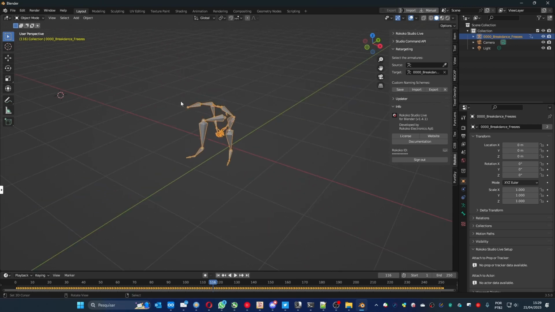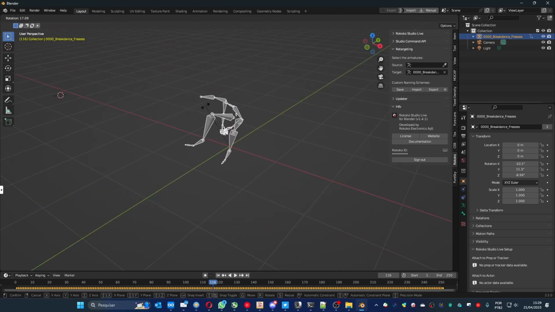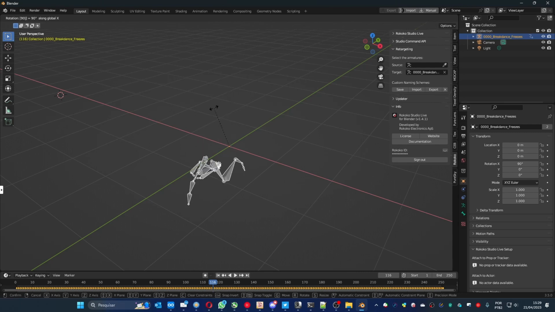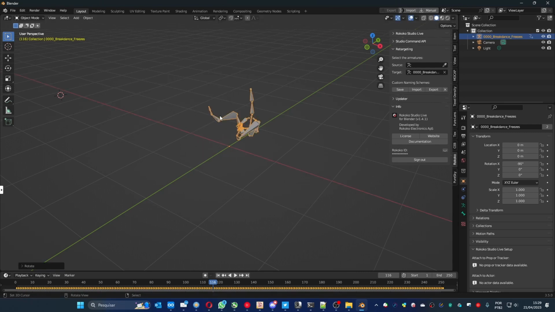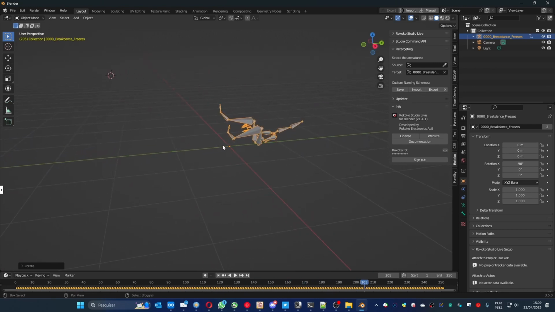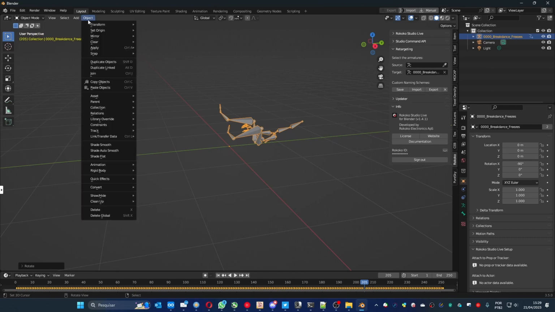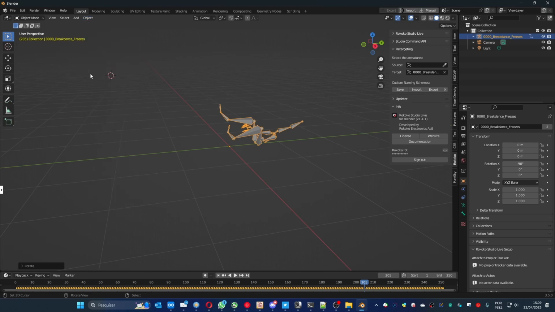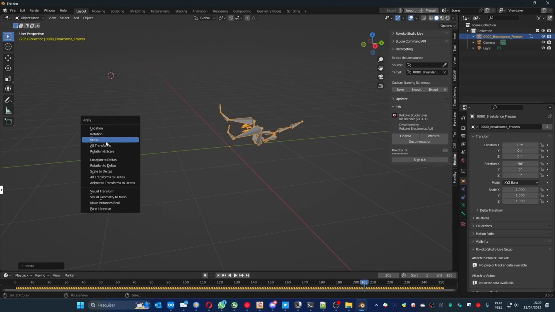In the object mode, you press R to rotate, X to rotate on the X-axis, type 90 minus, and it will be in this position. It won't make sense, the animation here, but you need to do that. And object, I just remember here, you press Ctrl A to apply the transformations. Apply all the transformations, and